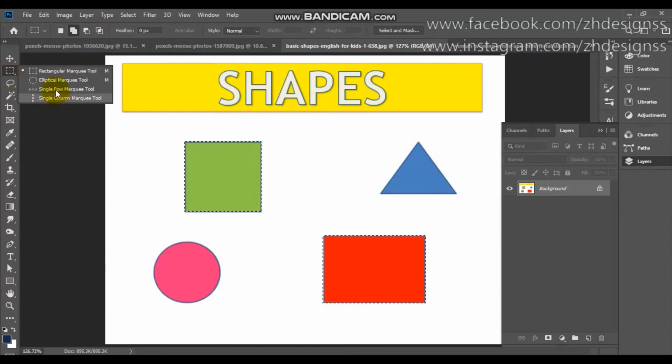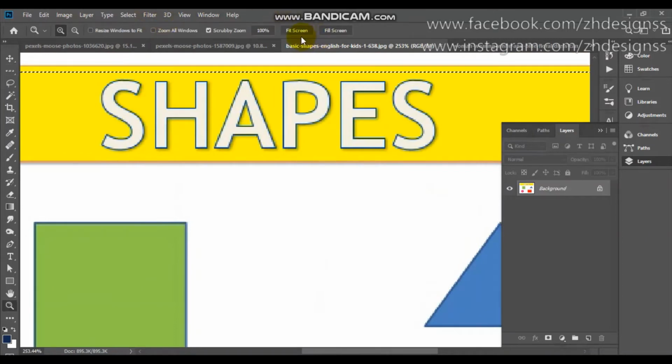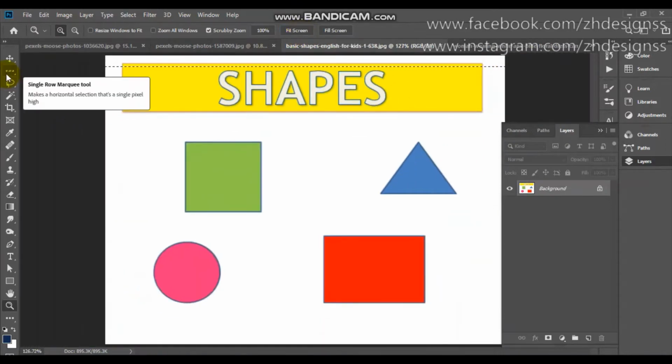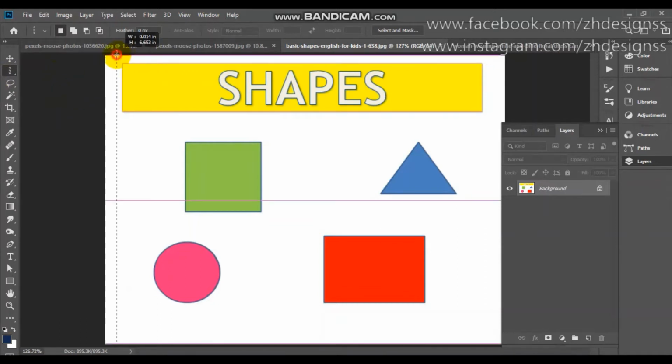The single row marquee tool and single column marquee tool are very interesting and simple to use as well. If you want to simply remove one row, like from here, with one click you can see it has selected one row automatically. If sometimes you just want to remove one pixel horizontally or vertically, you can simply use this. And if I want to use the single column, I can simply use